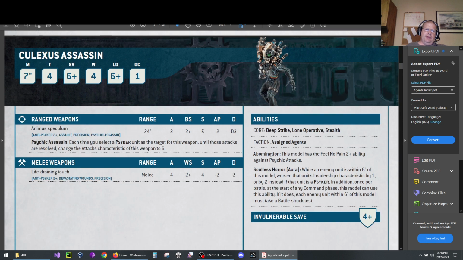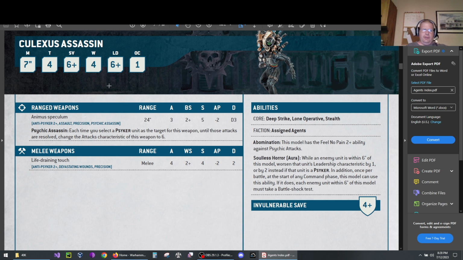Okay, next, the Callidus Assassin. Now this guy has a lot of the same stat line, same basic capabilities. He has a 2-up Feel No Pain against Psychic. This is the anti-Psyker Assassin. This guy was really hit or miss in most editions because he's great against Psykers and he's very mediocre against everything else. He has an Animus Spiculum,